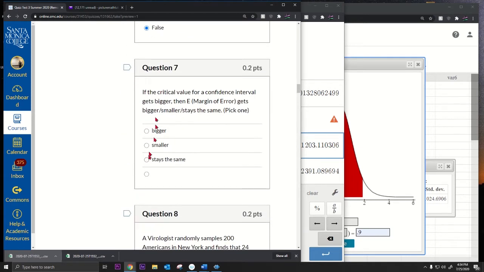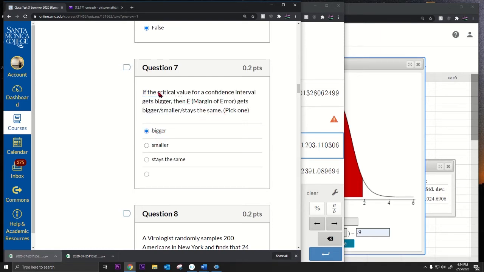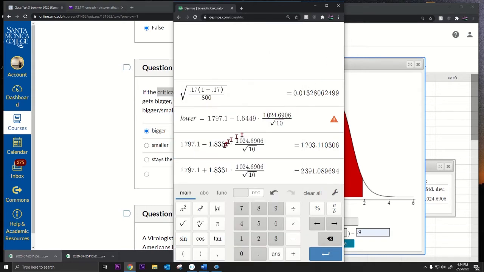Number 7, if the critical value for a confidence interval gets bigger, then E gets bigger, smaller, or stays the same. That is bigger because the critical value and the margin of error are directly proportional. This is the critical value. So if this gets bigger,